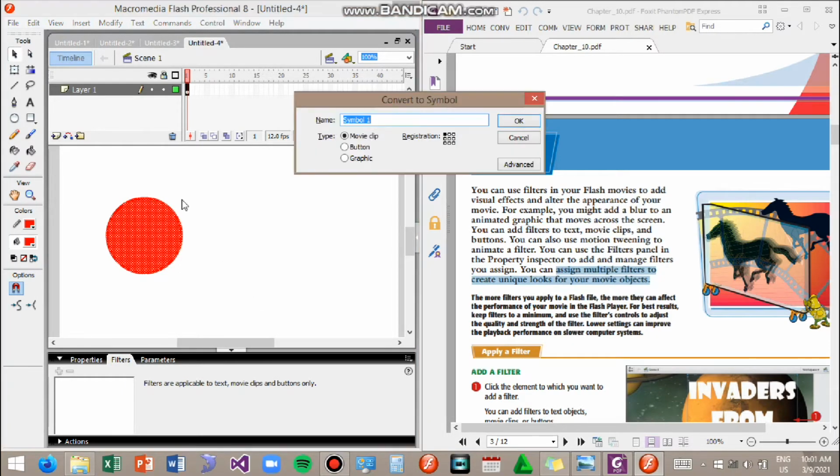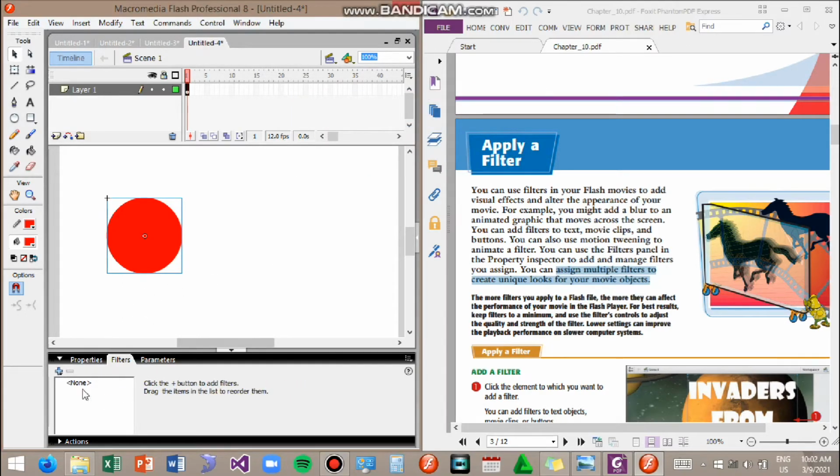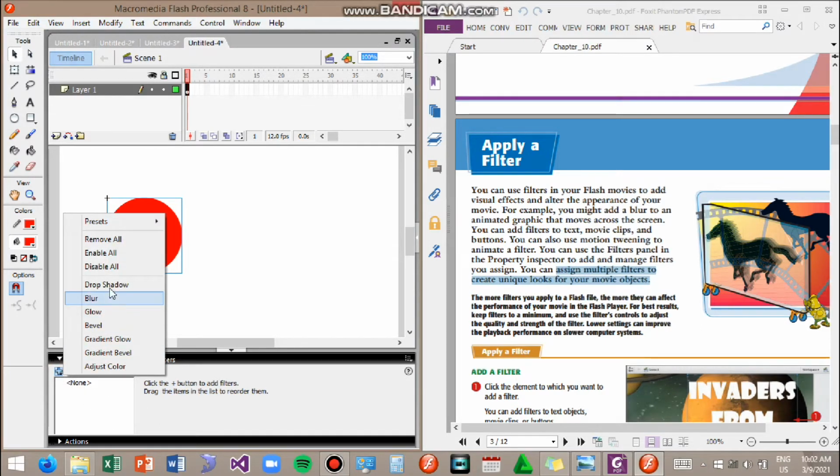So click F8, and then we're going to rename this as circle, and then click OK. Now we can see the filter option. We can click the plus button and we have here the different filter options: the drop shadow, blur, glow, bevel, gradient glow, gradient bevel, and adjust color.